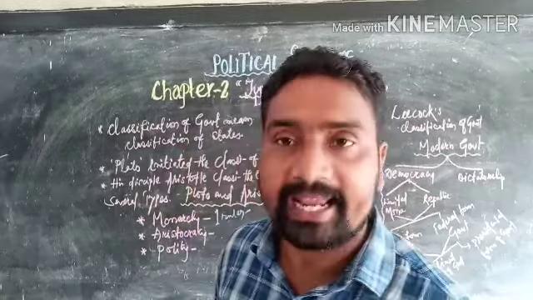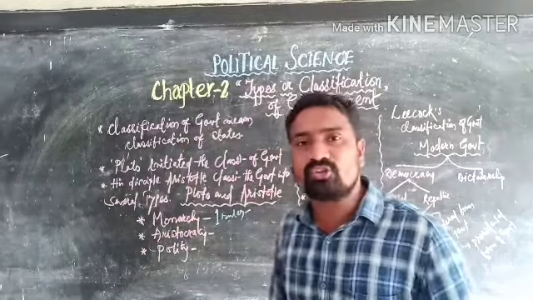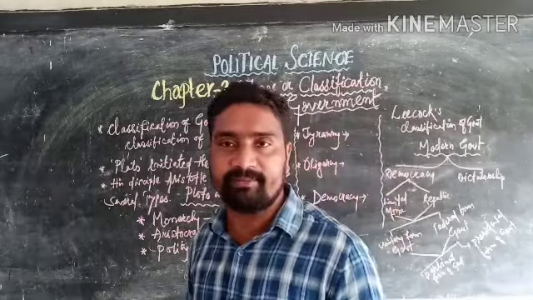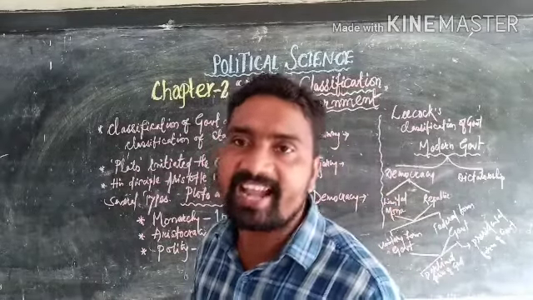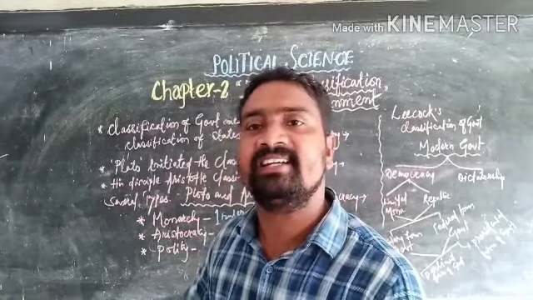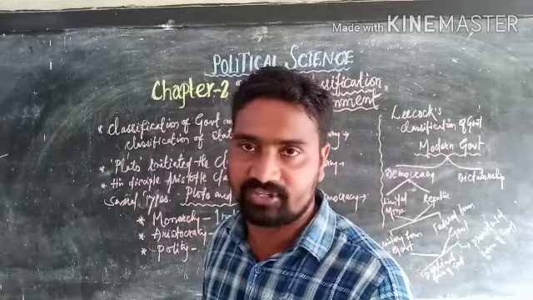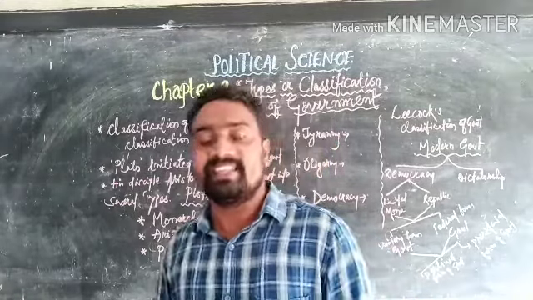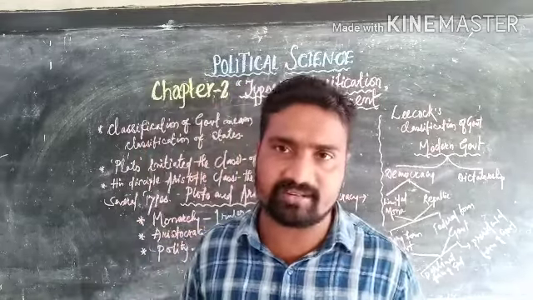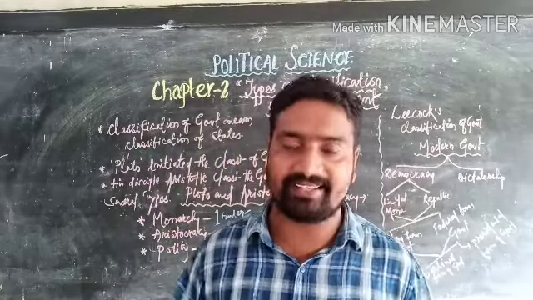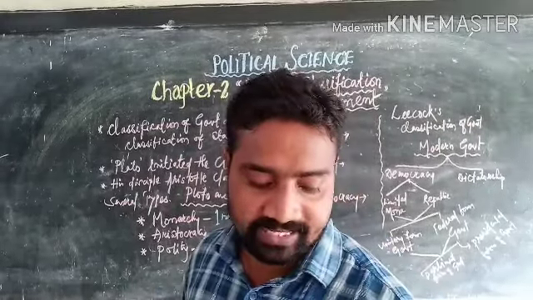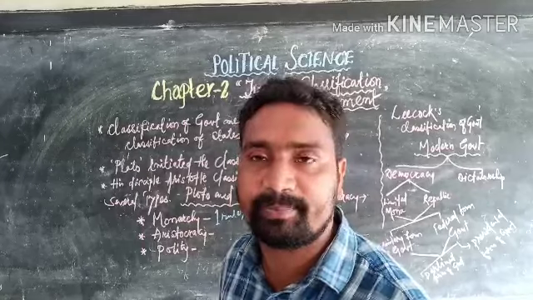Okay, and at present, in most of the countries of the world, we see a form of government which is either democratic or democratic in nature. You will be thinking now that in some countries of the world there are still kings and queens. What are they? Who are they? So let's clarify. For example, in England, Nepal, Bhutan, what happens?